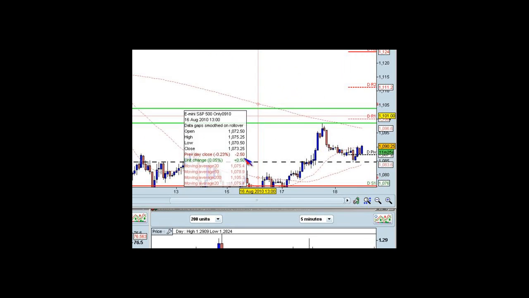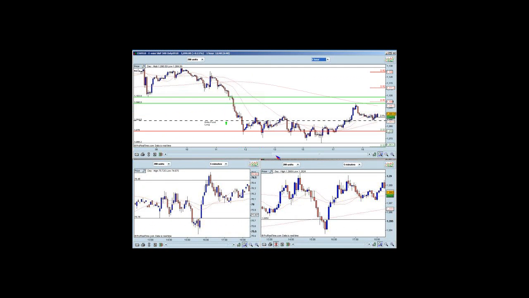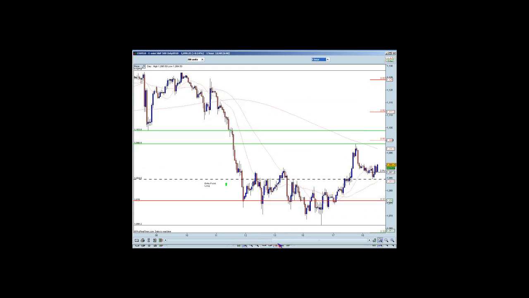I just want to zoom out a little bit. Let's look at our 1 hour chart on the S&P, because you can see what happened yesterday. That risk asset push from the quantitative easing pushed us right up to 1098.50. That's yesterday's high, and that's actually our first target for today, but it's just shy of 1100. This has now broken us out of the channel we'd been in.